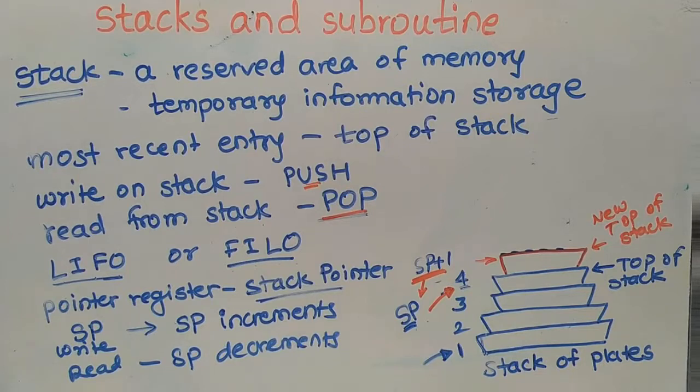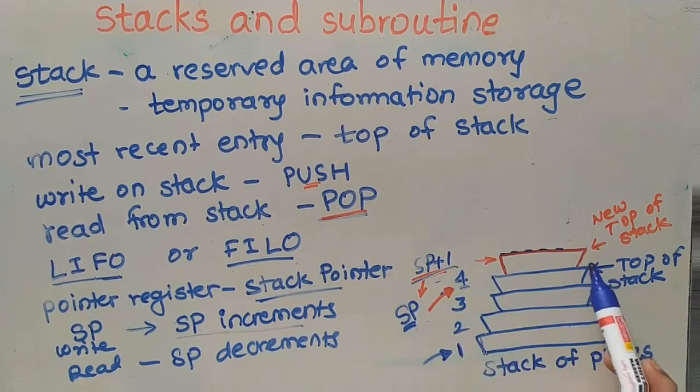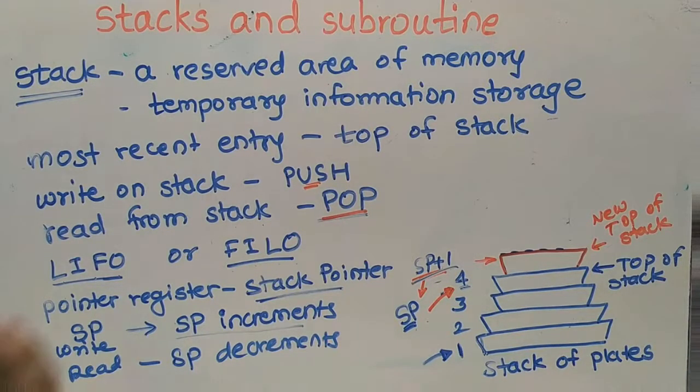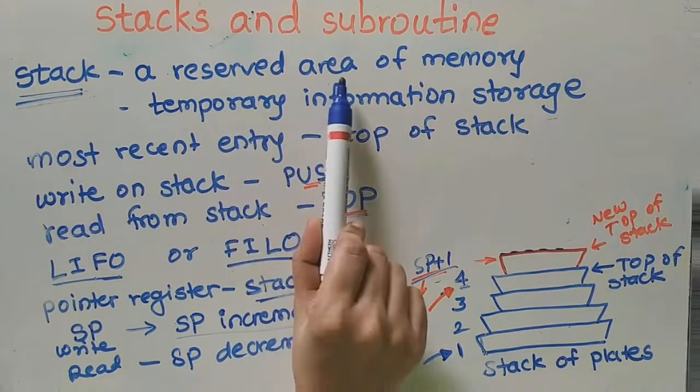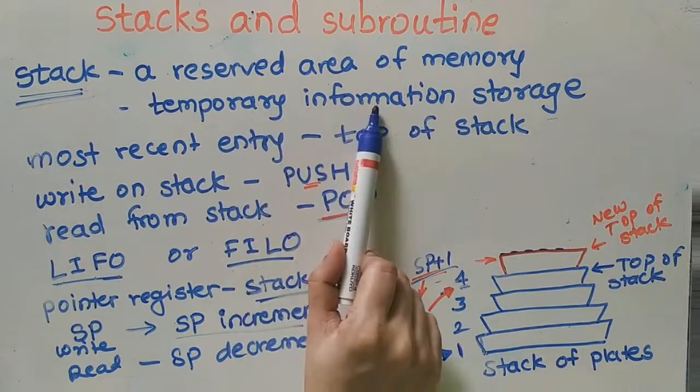Hence the stack pointer cannot be pushed to the memory location pointed by itself, meaning it cannot be used as data or address. Stack pointer only represents the location of top of stack. The contents of the stack pointer cannot be used as data or the address. So that is all about the stack memory in the 8086. This stack memory is the reserved area of memory in which the temporary information is stored.